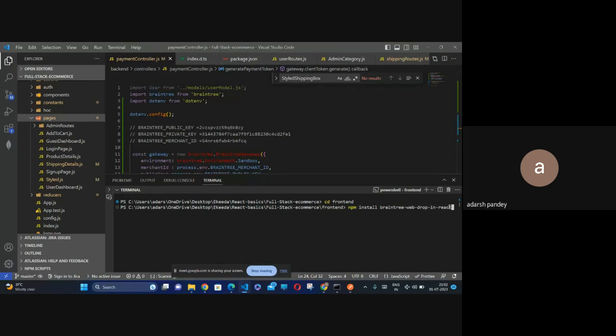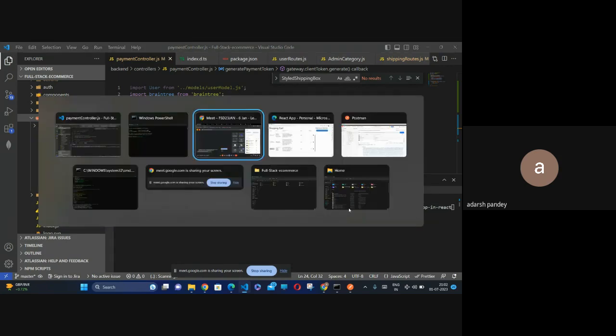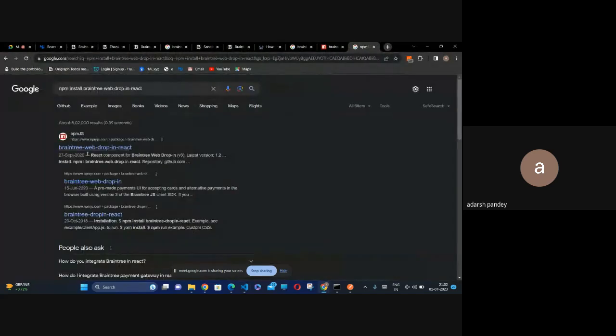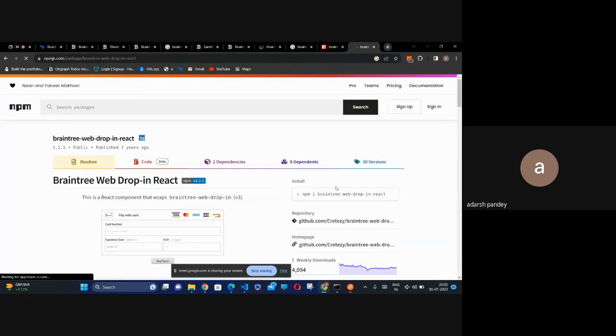Let me copy and check it again if I'm not wrong. So here I'm going to... यही package है, npm install Braintree web drop in React. So this package gives you, this is a package of React which gives you a power to connect with Braintree. Otherwise, in simple JavaScript applications, we have to just use their script files,